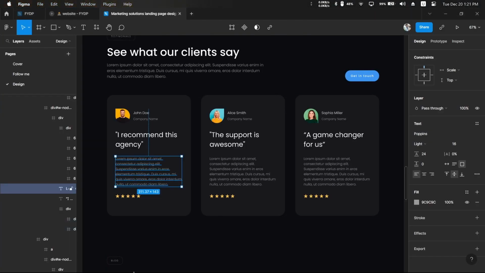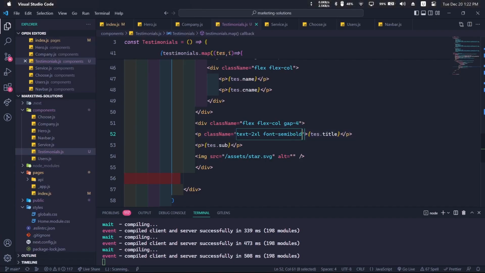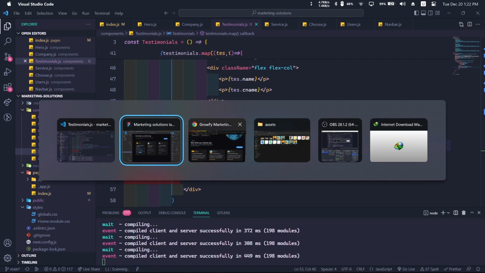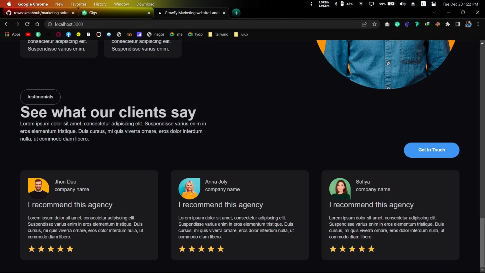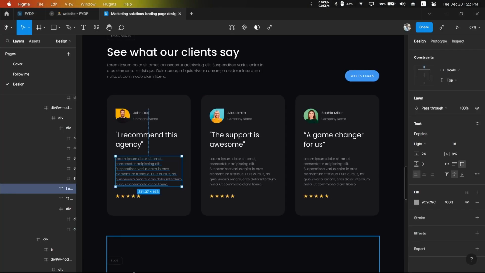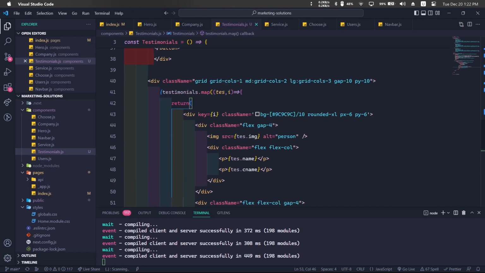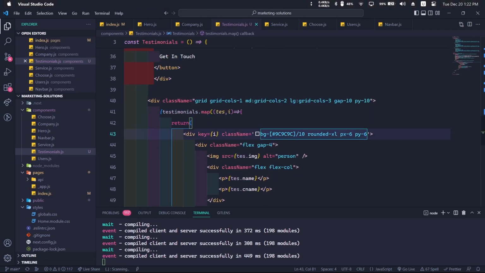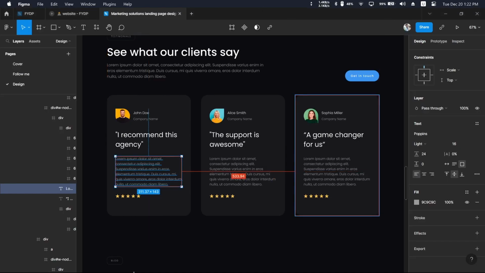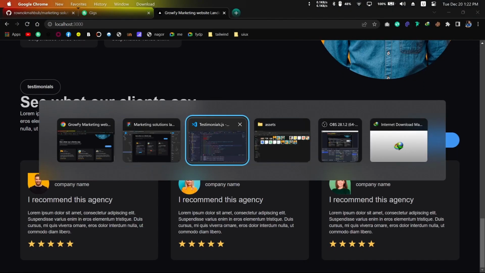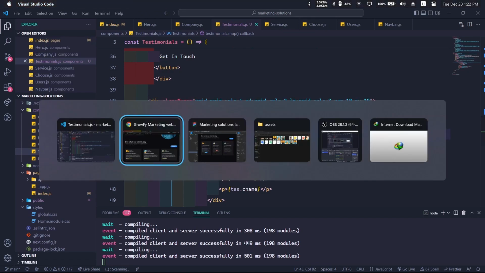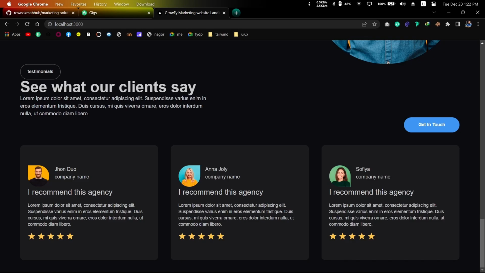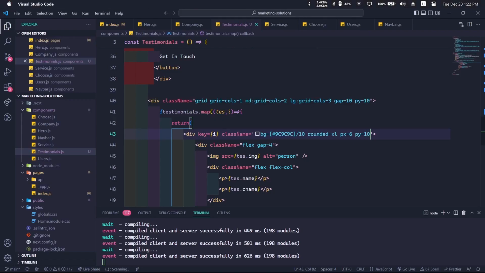Okay. And the text, oh no, not semi bold, it's like medium. And for the sub part, I think I need to make the text a little bit smaller, so SM will be perfect. Right. And the gap, okay, so they give a lot more padding Y here, right? So if we give padding Y 10, let's give it more, like 16 or something like that. No, it's not looking that good, right, guys? What do you guys think? Let me know down